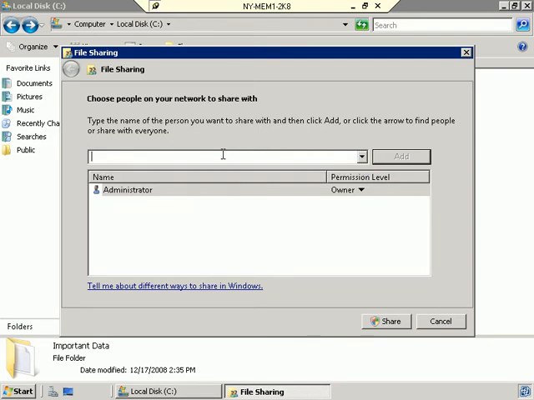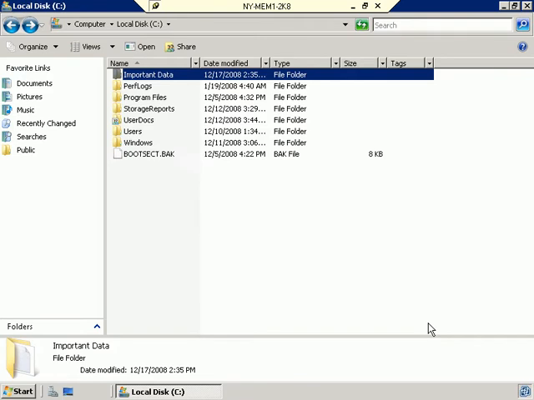But the problem here is that you're very limited. As for instance, when I share it this way, I don't get to choose what the share name is. So let me go ahead and cancel out of here, because the name important data might be a good name for the folder itself, but maybe that's too long of a name for users to have to connect to. So if you want to have a simpler name, then we need to give it a different share name than